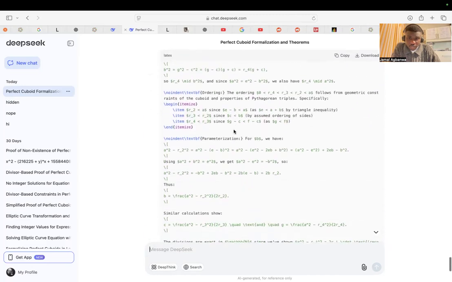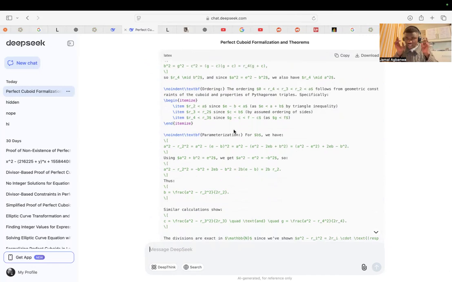Yeah, this is all of that. I think something is wrong with my speaker. So right now, yeah,